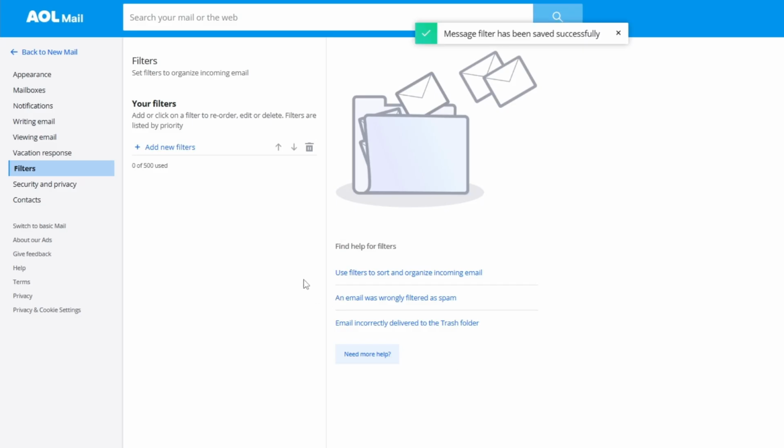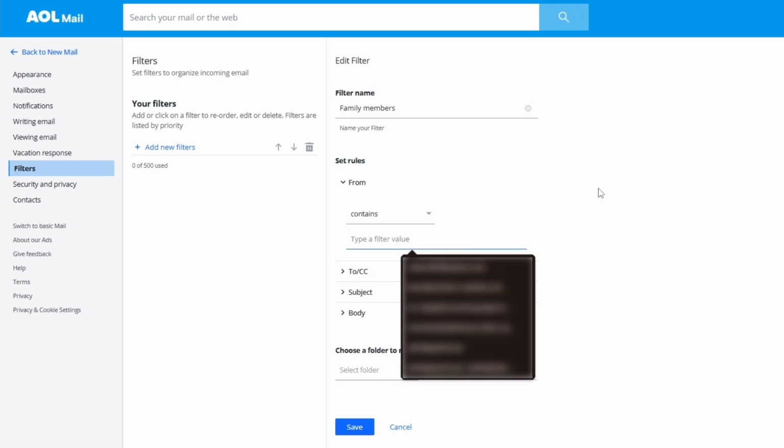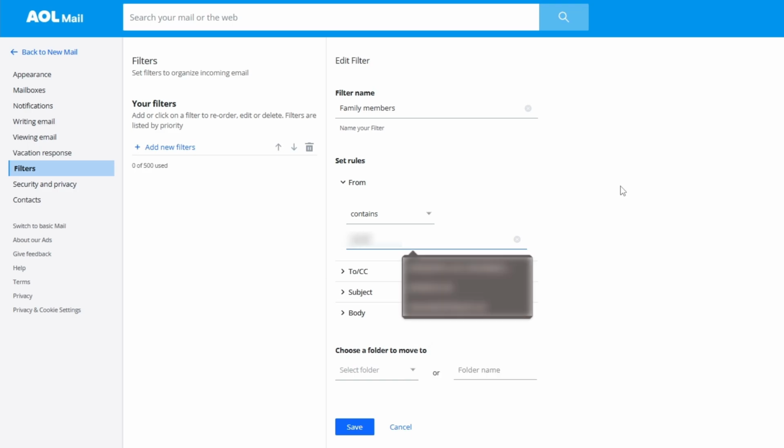Now let's try to create a new filter on AOL Mail and set it together from scratch so the new emails will get into the family folder which we created together at the beginning of this tutorial. Now let's name it, I don't know, family members. Okay, select a filter, select contain, and in the filter value you will have to type the sender email address,